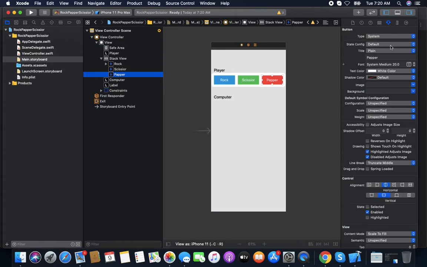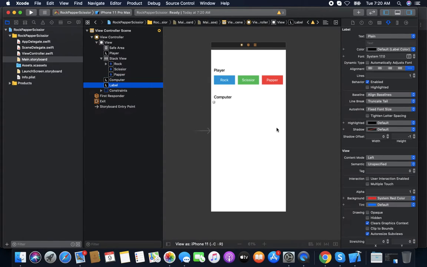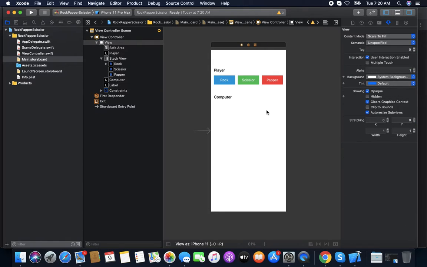For the font of this button, we make it 20 and medium. So our screen is ready.